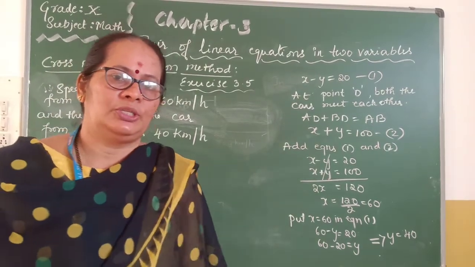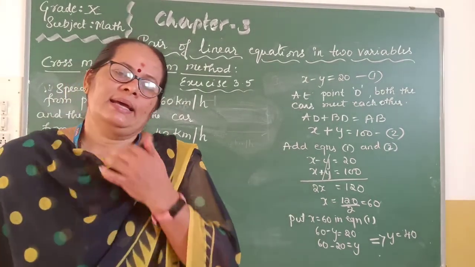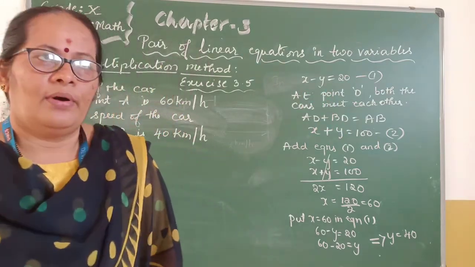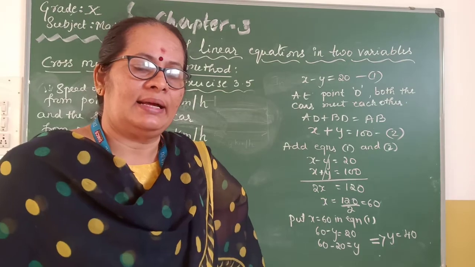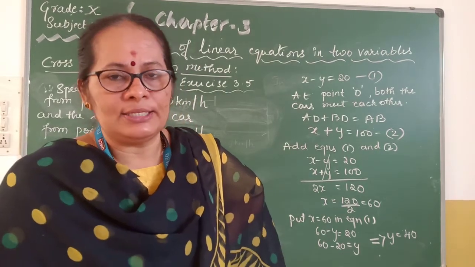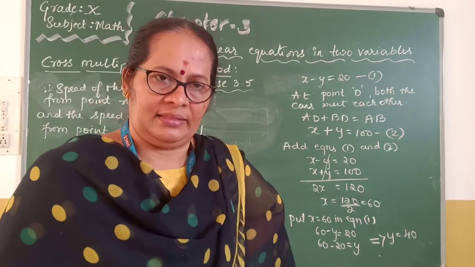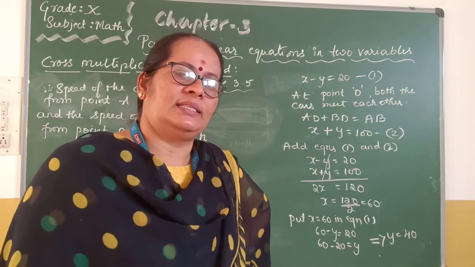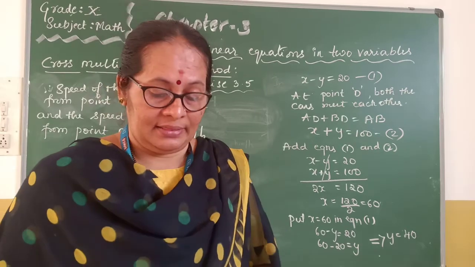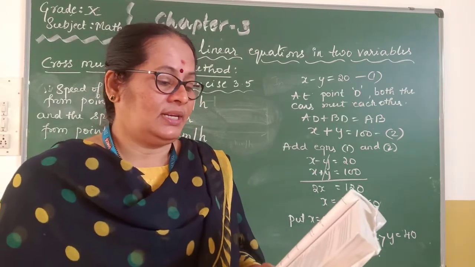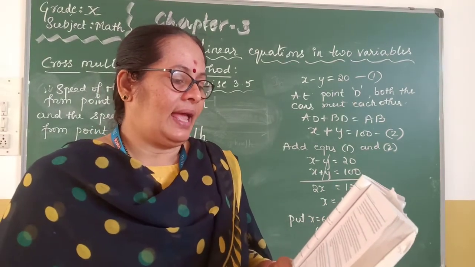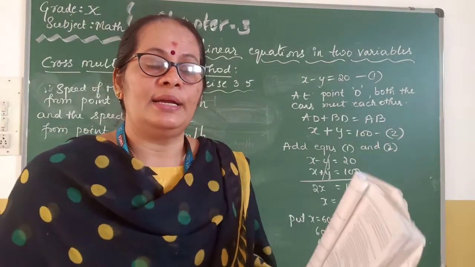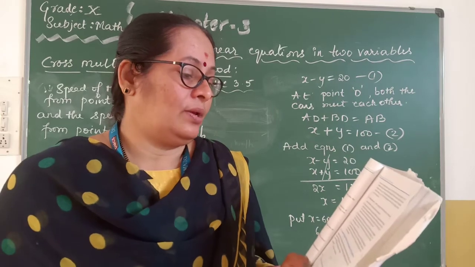So take the dimensions of the rectangle as x and y, length x and breadth y. How will you calculate the area of a rectangle? Area of a rectangle equals length into breadth. So area equals x into y, where x is length and y is breadth. Now the first condition is that the area of the rectangle is reduced by 9 square units.